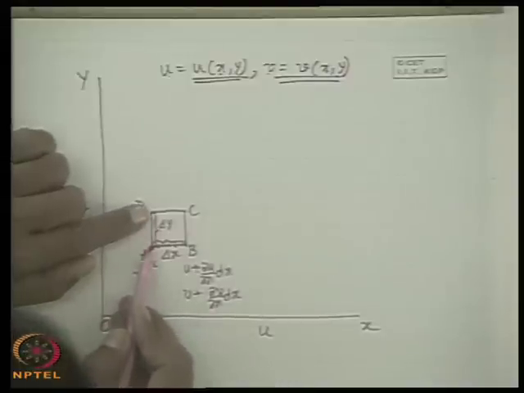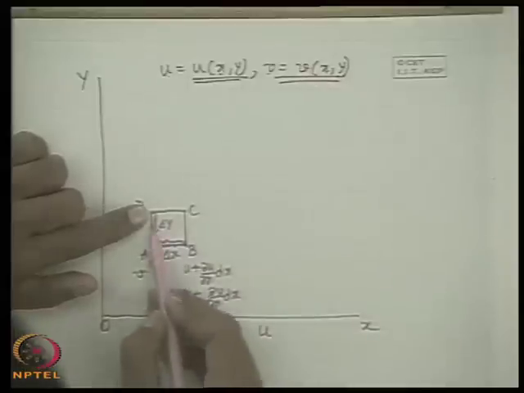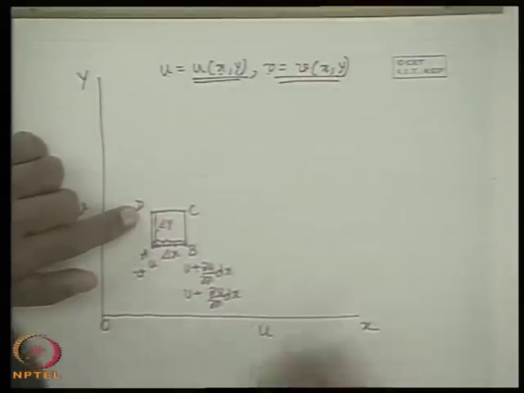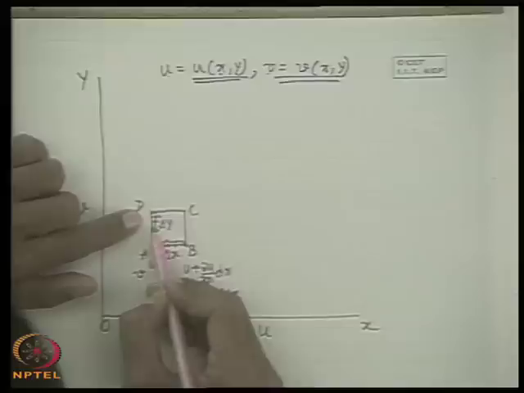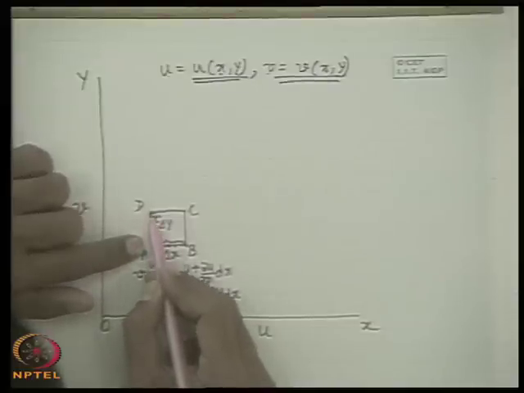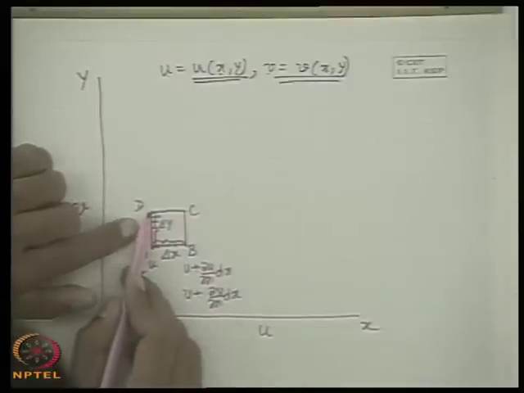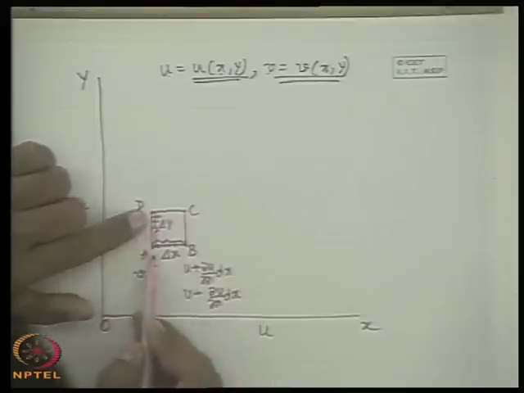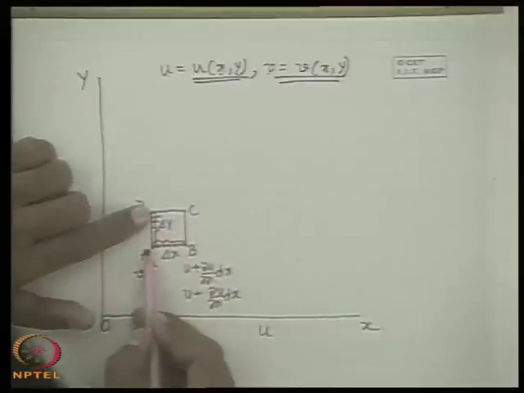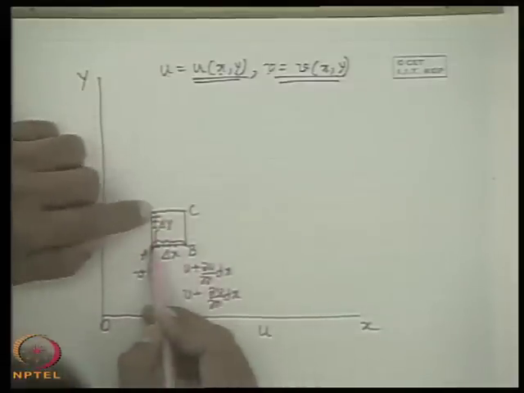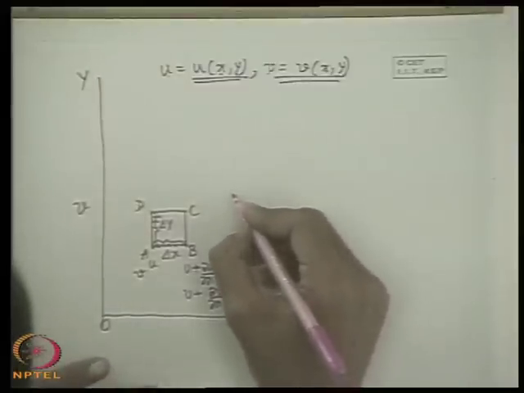Similarly, if we consider the line segment AD, you see clearly that because of a change in v with y, it will be linearly elongated as we have discussed earlier. But since u is a function of y also, the x direction velocity for all particles on AD will be different, because u is now a function of y, for which the point D has an opportunity to have a relative displacement over A, not only in the y direction but also in the x direction, which means the line AD will not be parallelly shifted, so AD will get a tilt. Clear? So therefore, the situation is like this.